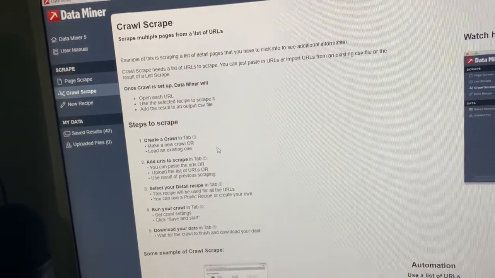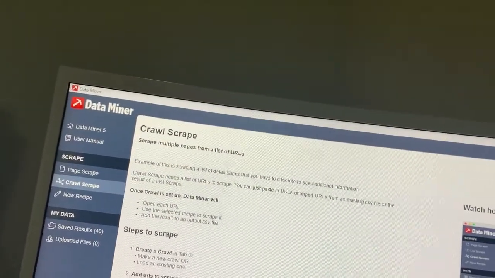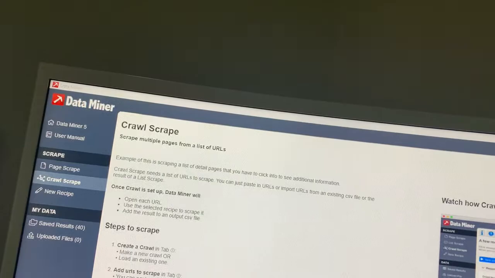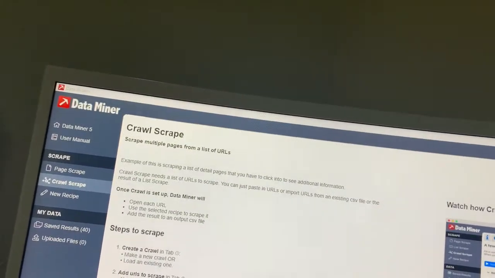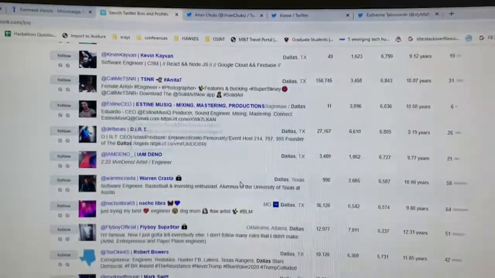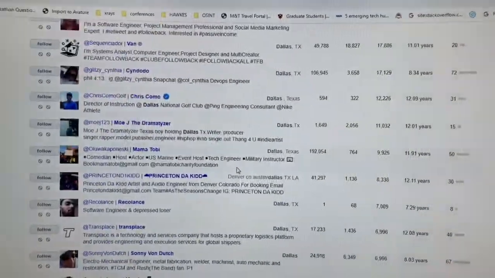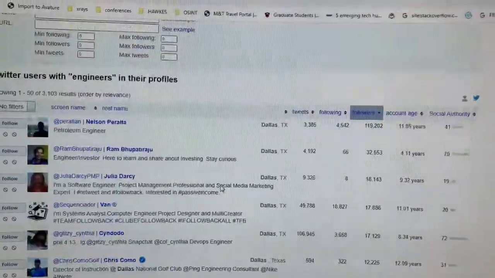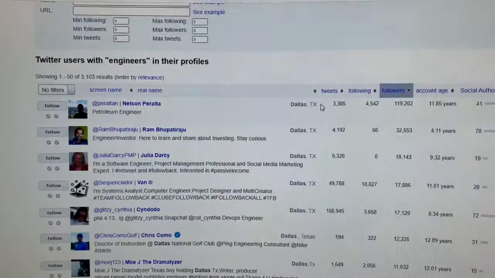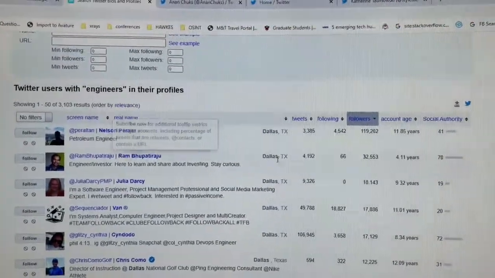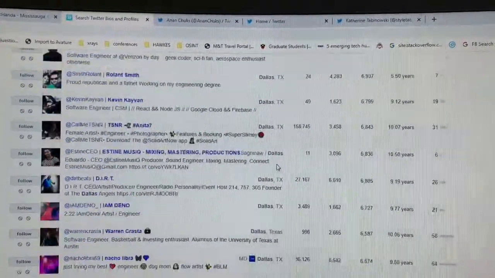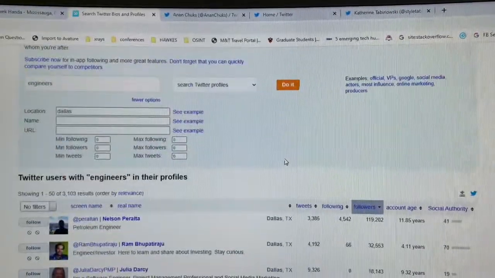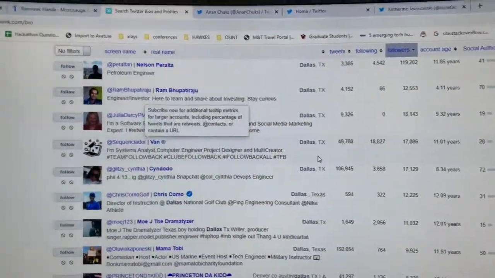I really will have a step-by-step process on how I did this, because FollowerWonk in general is a cool tool, because you can go and search Twitter by location, and it makes it a little bit easier in that case, because Twitter is not the easiest to search. Sometimes it's kind of like Facebook, it can be complicated. So I like using this as a starting point, pull a list of profiles, and then pull the whole data set with Dataminer,